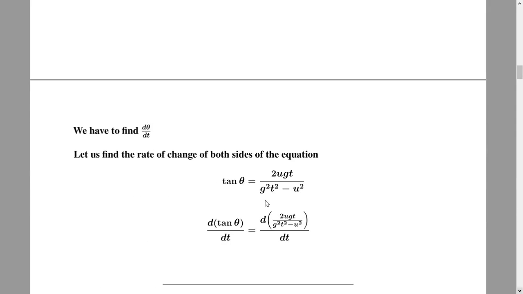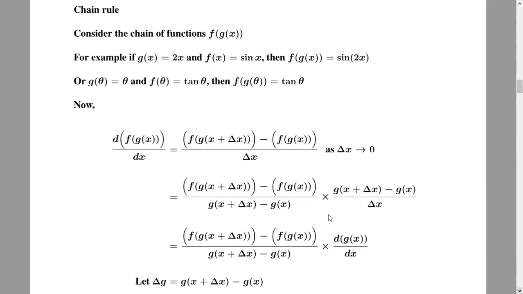What we can do with this equation is we can find out d tan theta by dt, but what we want is d theta by dt. To be able to do that, we need to learn about something called chain rule. Consider the chain of functions f of g of x. For example, if g of x equals 2x and f of x equals sine x, then f of g of x is sine 2x,